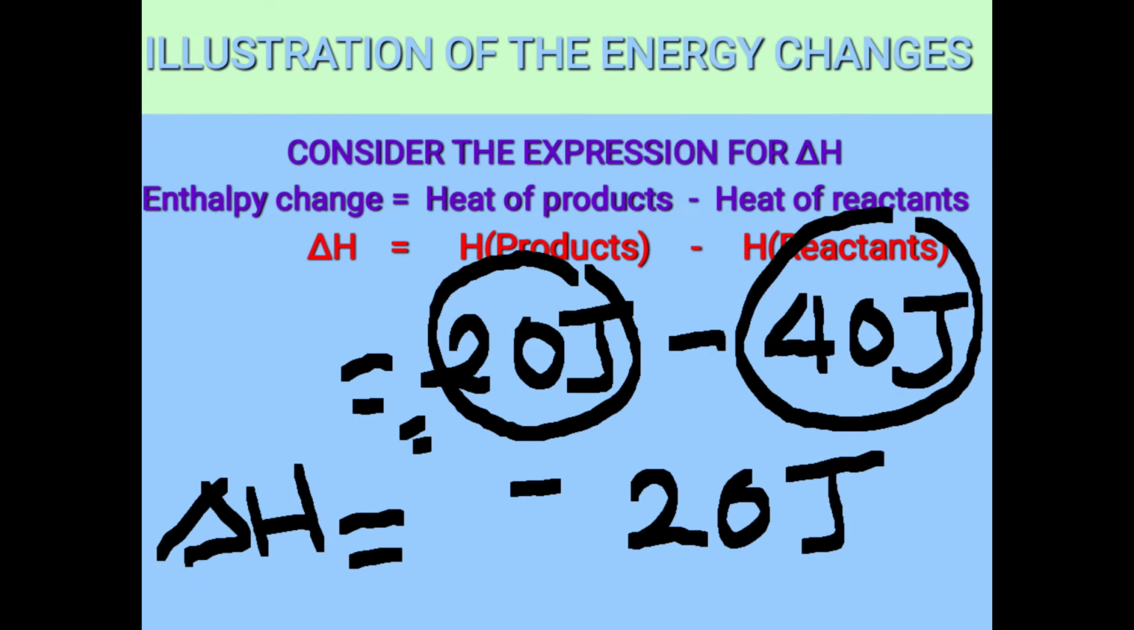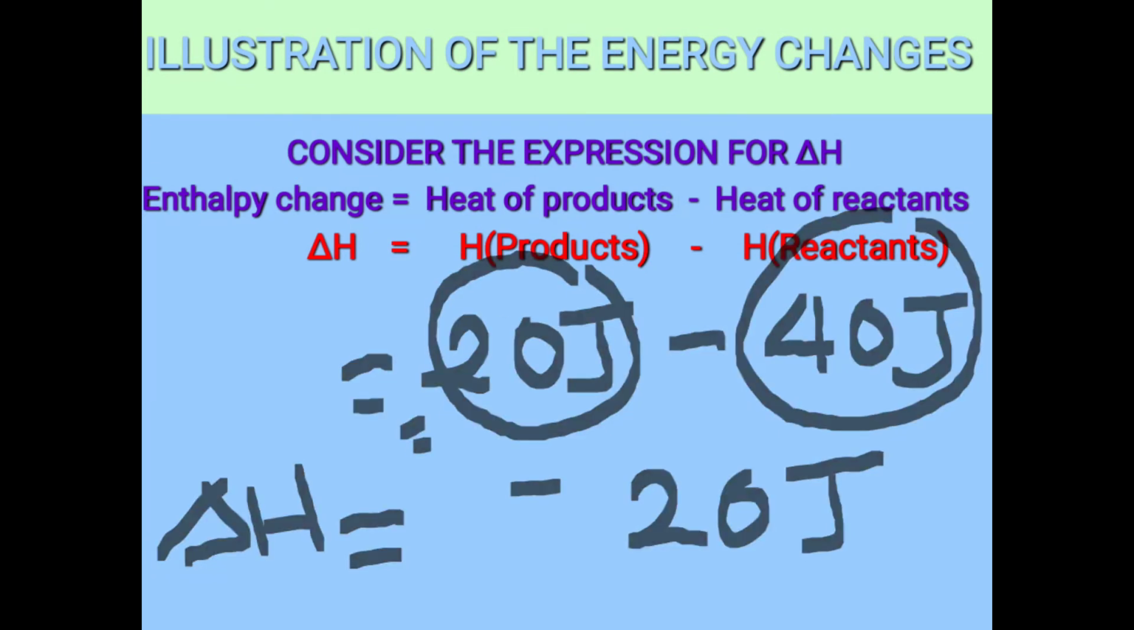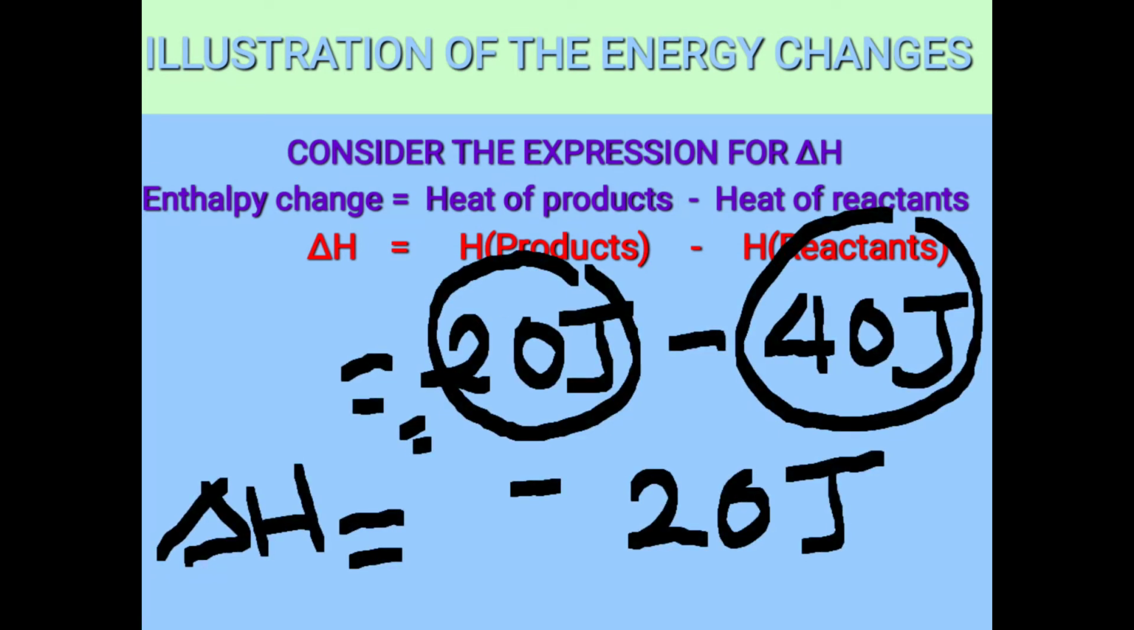Where has the 20 joules gone? Now that one means that there was some excess energy, which excess energy was given off to the surroundings. That's why the products are having less energy than the reactants. So the 20 joules here, they are representing the heat energy that is released to the surrounding, and it is